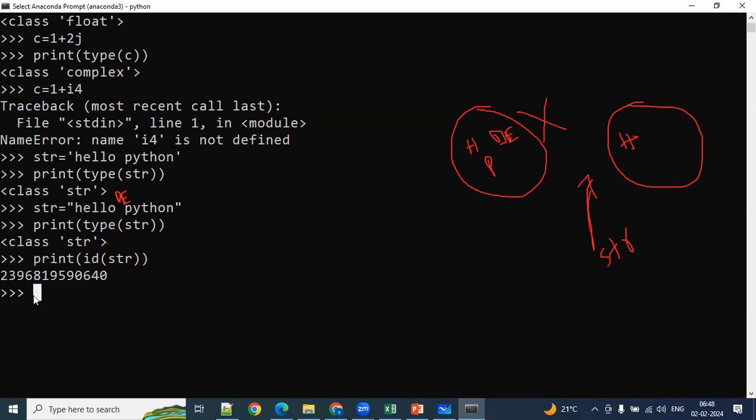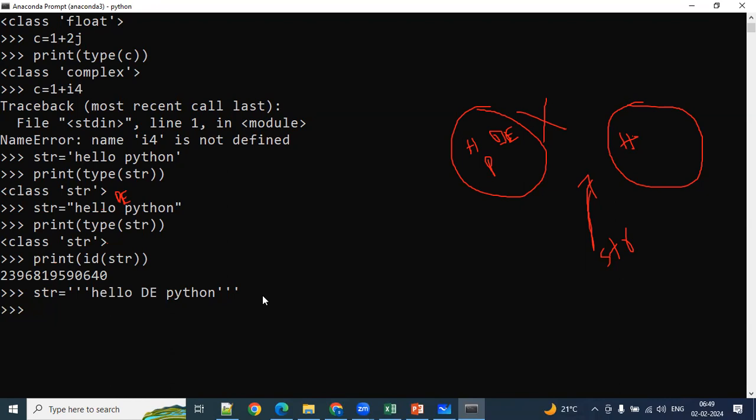Now this time what I will do is str equal to, I'll take the string in three single quotes here. You can represent the string in this way also. Hello DE Python. This is what I'm going to discuss. Same object, representation is same here. You have to end with the three single quotes here. You can represent like this or like this or like this also. No problem at all. Any of the representations is okay. Let me execute this one.